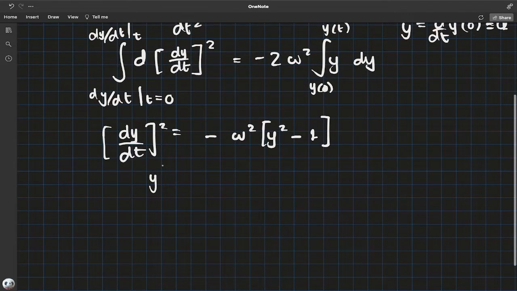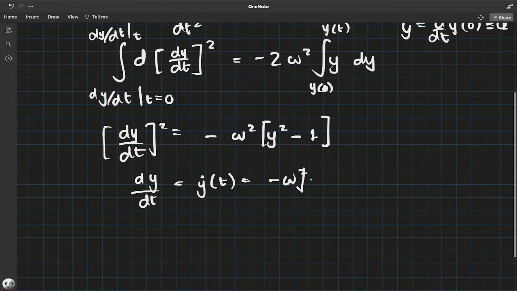And of course take the square root on both sides, so we have dy over dt, which is y dot of t, equal to, if you take a square root, omega times the square root of